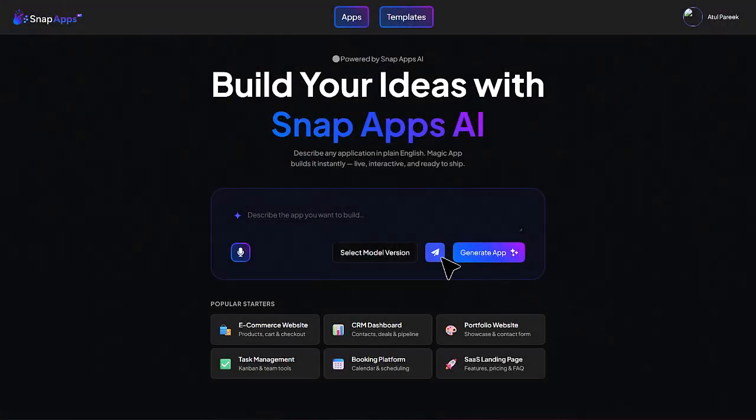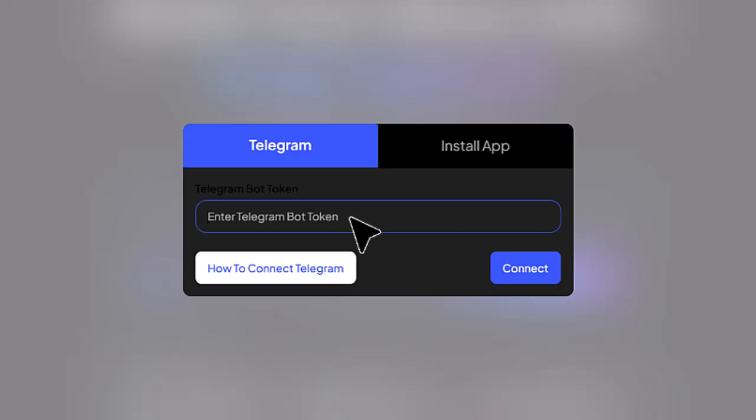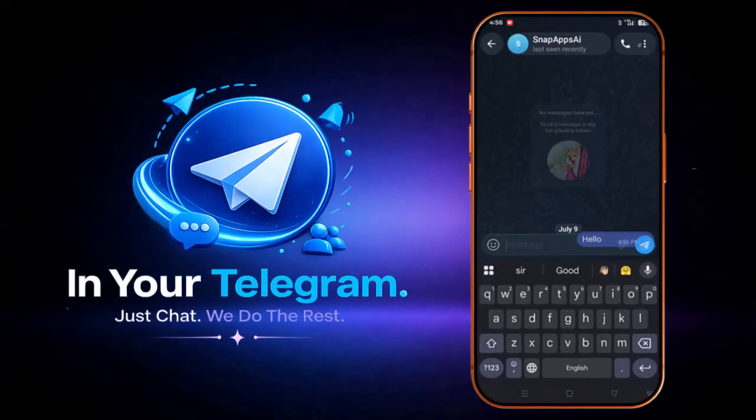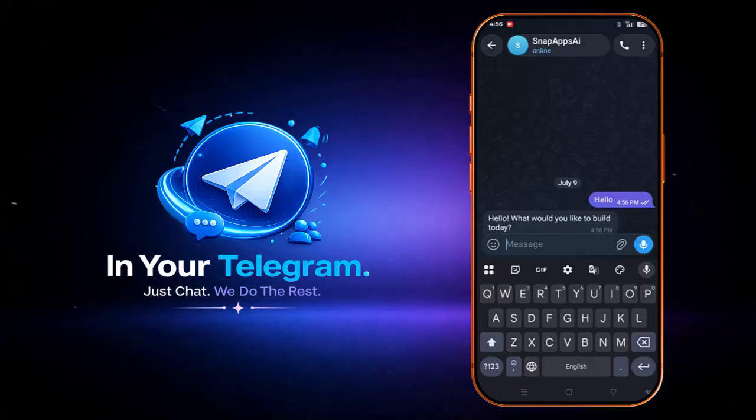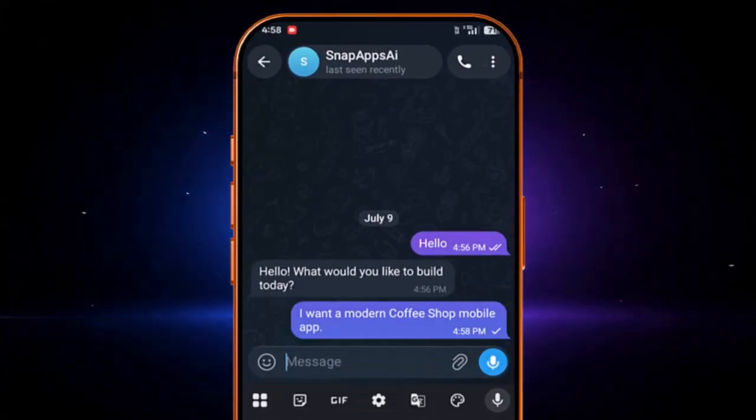But building doesn't stop here. What if you could create apps without even opening your laptop or PC? Just connect your Telegram bot or install your app with a single click, and your Snap AI agent is always with you. Whether you're at home, traveling, or waiting in line, simply send a message from your phone, and your